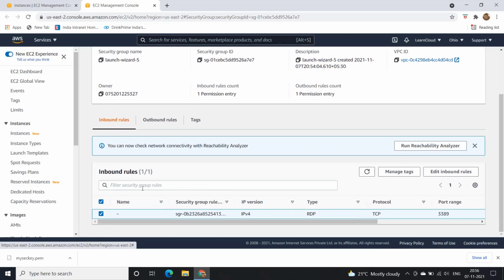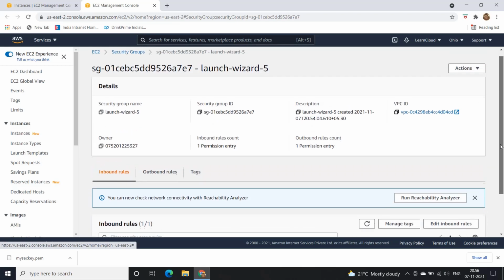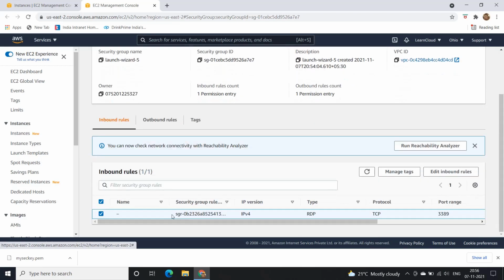So if you generally see, security groups are used for whitelisting the traffic, which means whichever ports you want to open, you can open. So it is used for whitelisting. You don't have a rule to deny the traffic; that is applicable in NACLs, but in security groups we can only allow the ports. So yeah, that's the point I wanted to make.